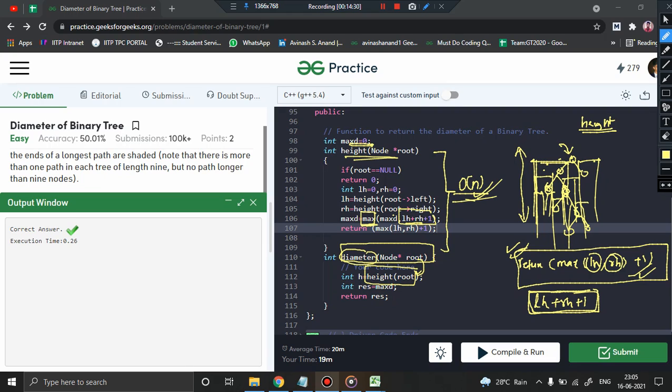So at the same time I am also computing the diameter. So you see the time complexity drastically reduced from order of n square to order of n, right? Just using this height function, I was successfully able to compute the diameter of the binary tree, right?